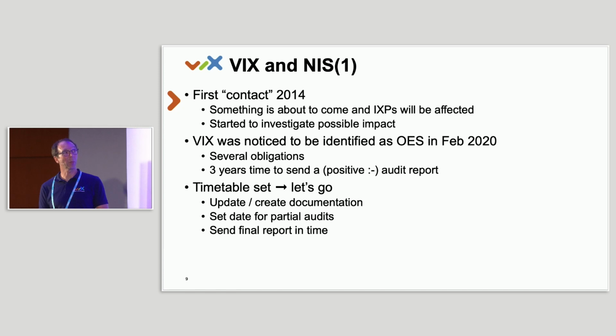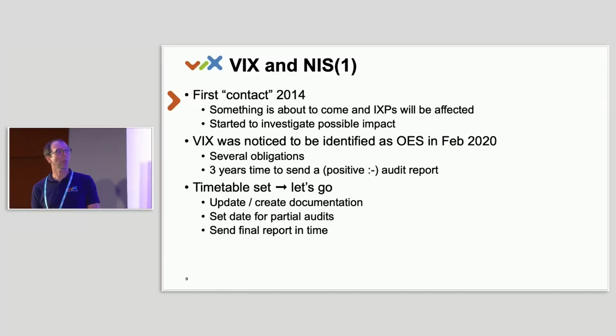And at the end, we were very happy to have a positive audit report. To make this easier for us and to not move in the wrong direction, we decided not to make one big audit and then get a result, but at least in Austria, it was possible to make partial audits. So in case something went wrong or we were moving in the wrong direction, we got some hints and could repair that on our path and not have a negative result at the end. So at the end, we had time until February 2023. We were able to do that. We sent the final report in time and we had done everything.